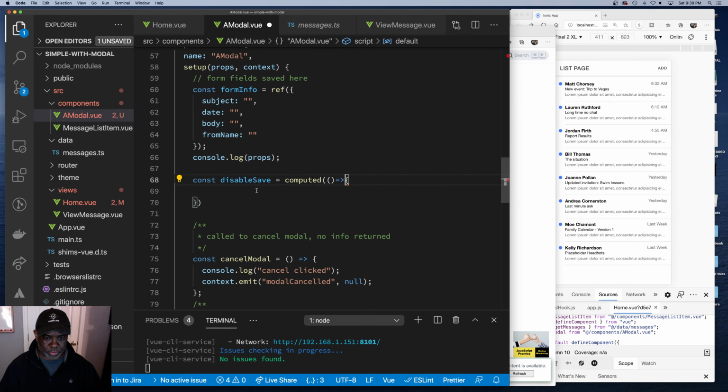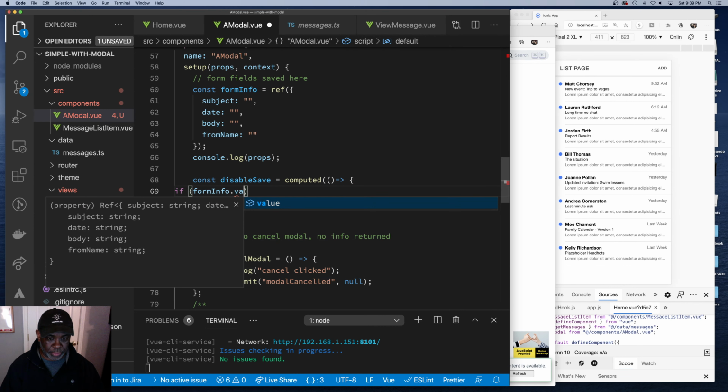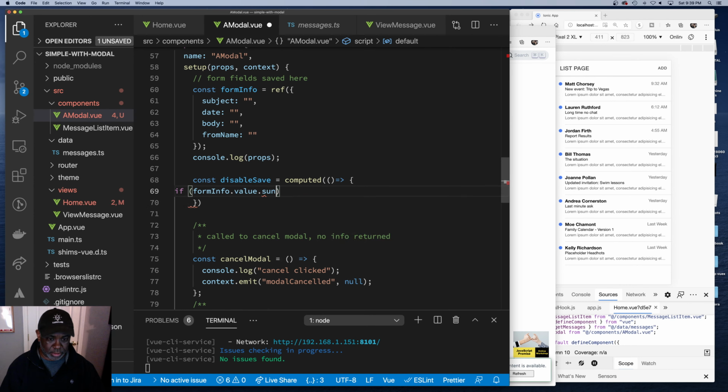So now we need to return some function here. And so all we're going to do is we're going to say if formInfo.value.subject